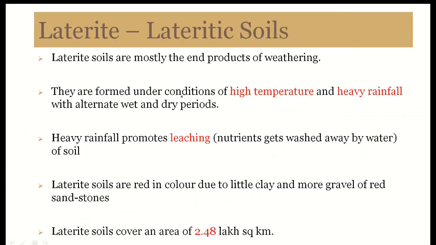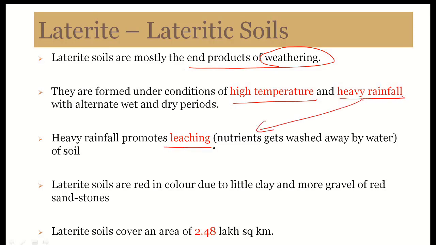Next is laterite or lateritic soil. This soil is the end product of weathering. It is the final process of weathering, and the conditions required are high temperature and heavy rainfall. Due to the heavy rainfall, what happens? Leaching happens. Leaching means it washes out all the nutrients present in the soil. That is why this soil is nutrientless. And this soil is red in color due to the clay and the red sandstones present in lateritic soil,